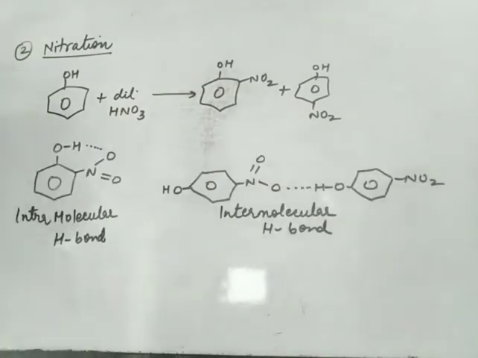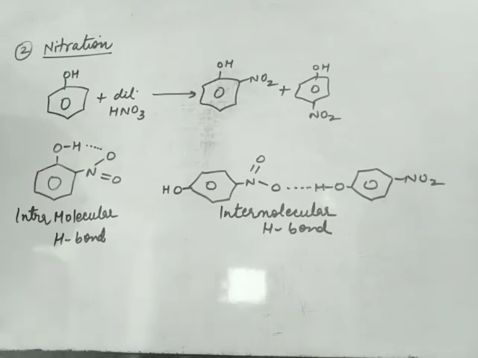Now there is a question in your NCERT book: you get ortho and paranitrophenols, both are liquids. How will you separate the mixture of ortho and paranitrophenols? These two are liquids. How to separate them? We have learned in 11th class that liquid mixtures can be separated by a process known as distillation. So how can we use distillation here? Now this is orthonitrophenol, this is paranitrophenol.